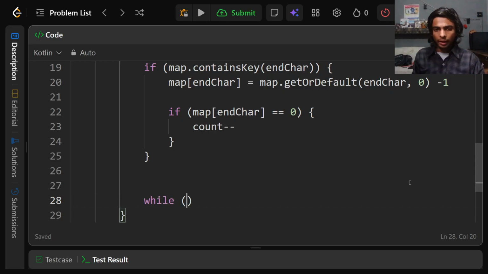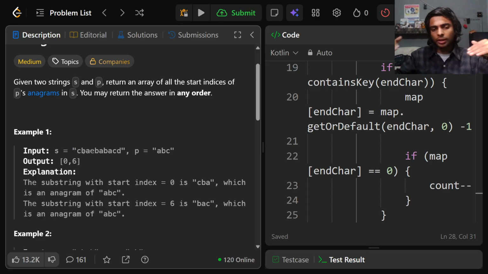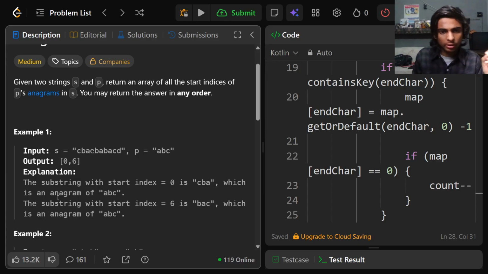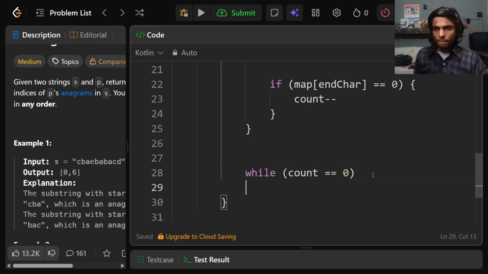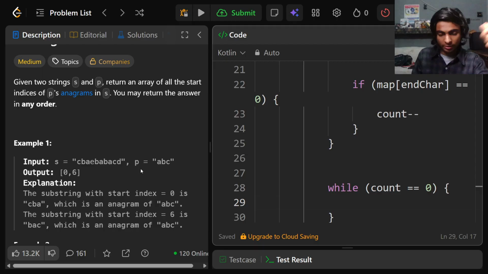Okay, and when my count becomes 0, that means that my end has got to a point where I have found a substring in which all these characters exist. I have found a window. So when it's 0, right, because we need to return the starting index,